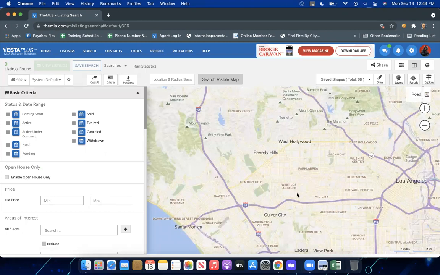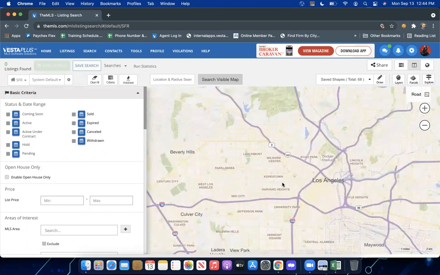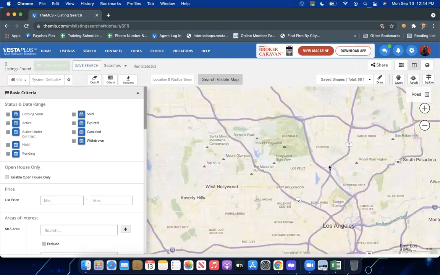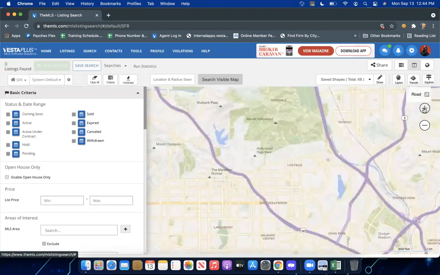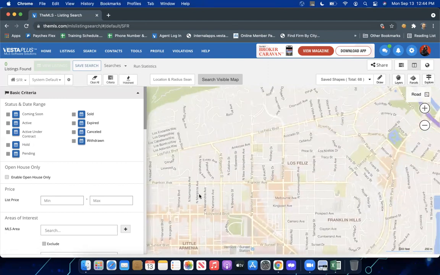And here we're going to draw a shape. Okay, so I'm going to draw a shape. Let's go here to the Larchmont and Los Feliz area. So I'm going to zoom in here. Okay, so I'm going to draw a shape here, and I want the Los Feliz area. So I'm going to zoom in a little bit closer there, and I'm going to use